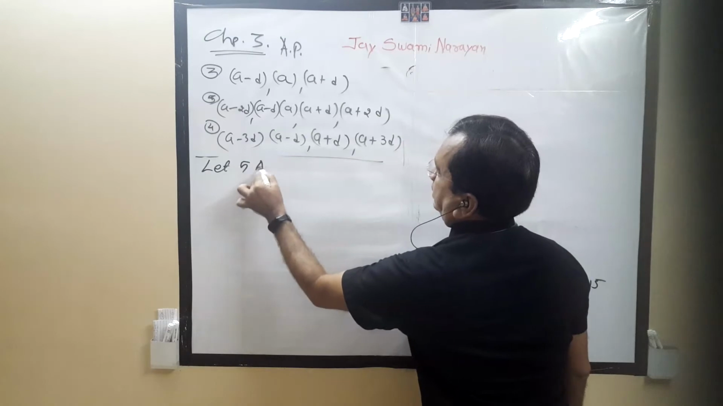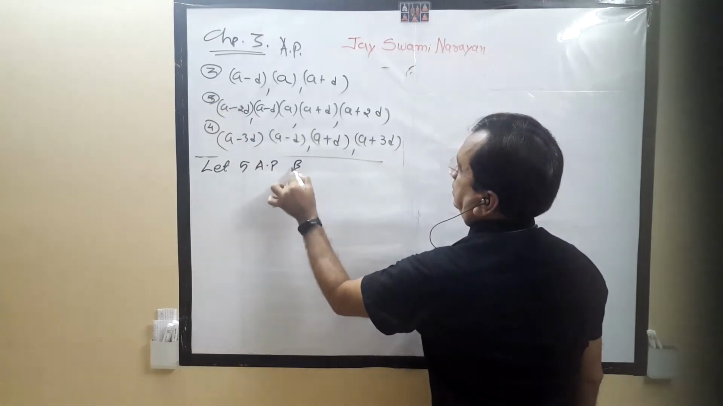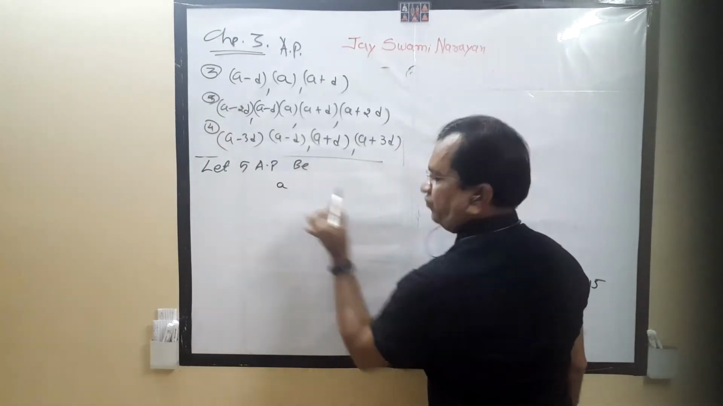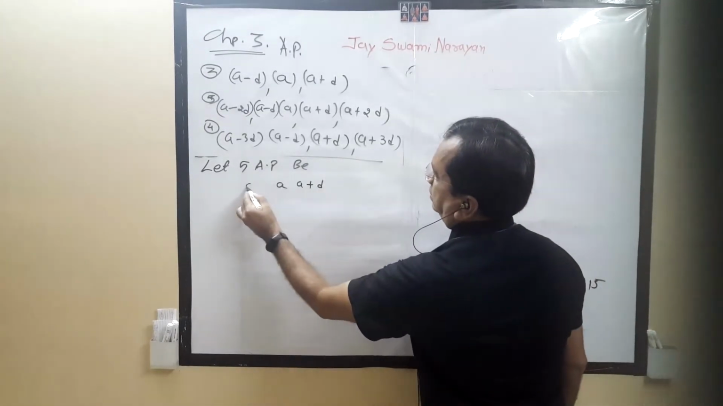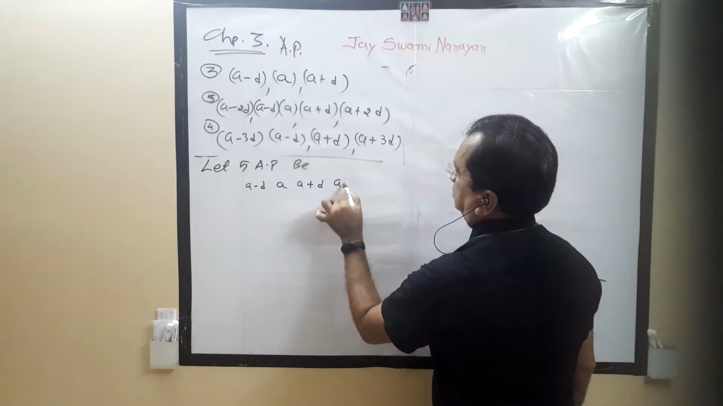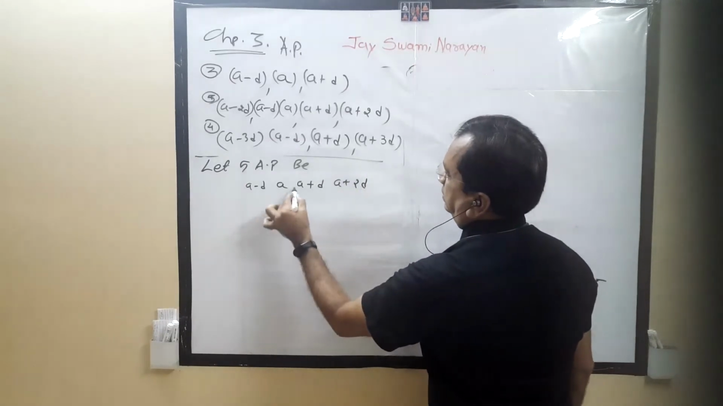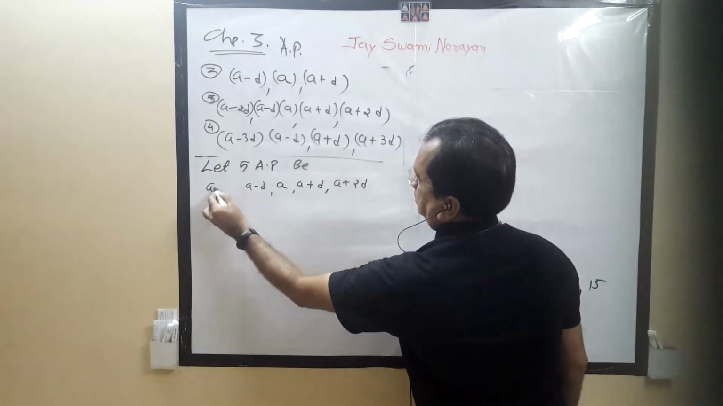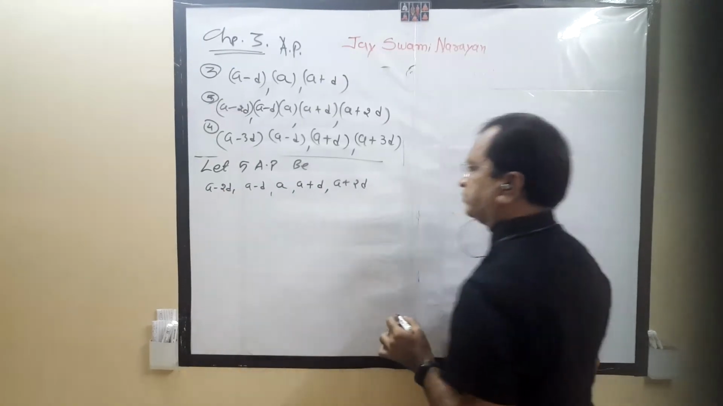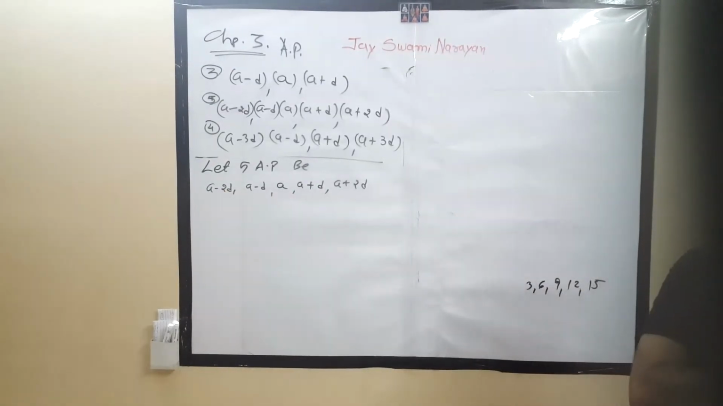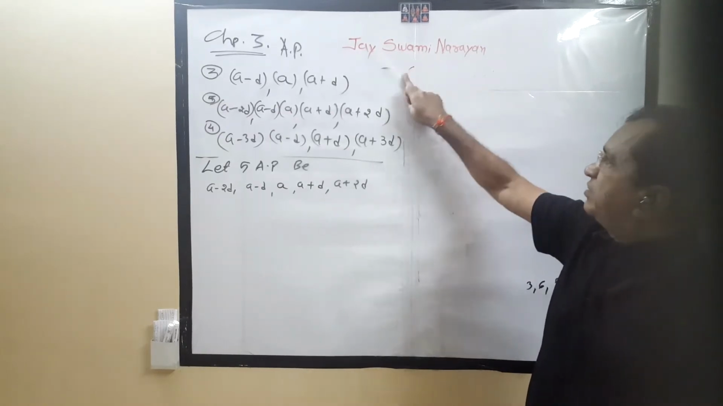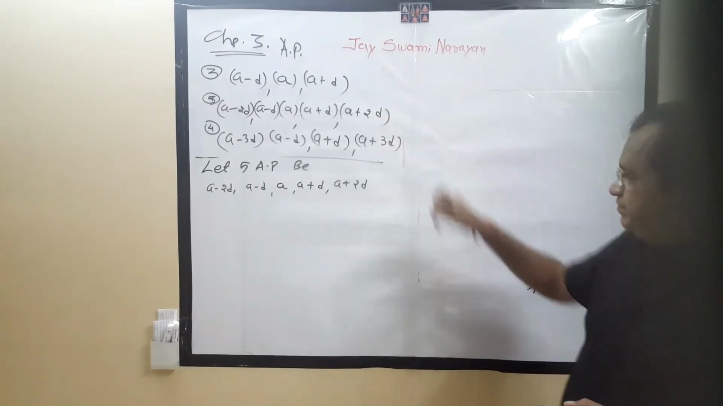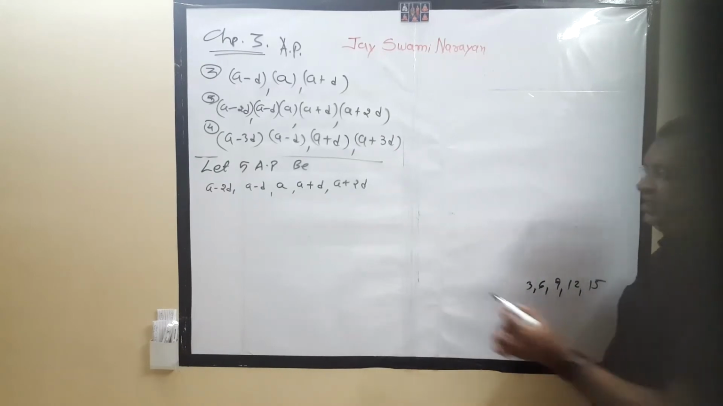Let the 5 numbers in AP be first the middle number a, plus d, a minus d, a plus 2d, a minus 2d. These are the 5 numbers I have considered, because the 3 numbers example is done, the 4 numbers done, now 5 numbers. Now condition number 1,